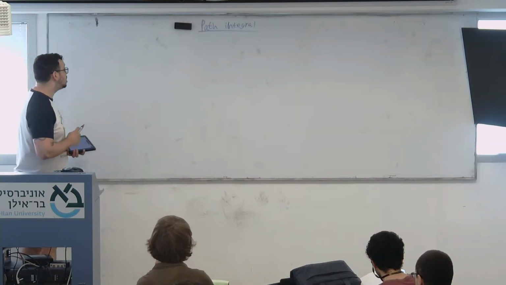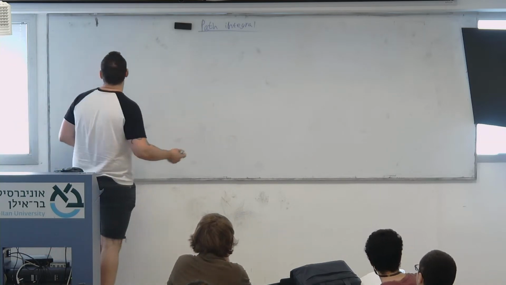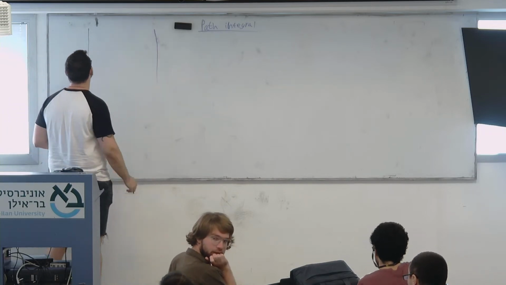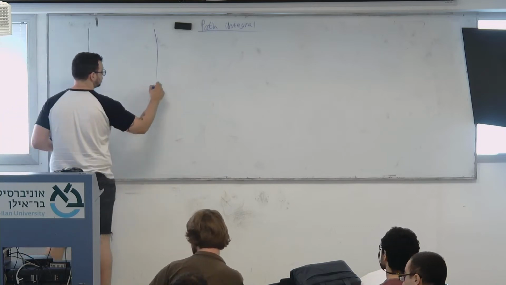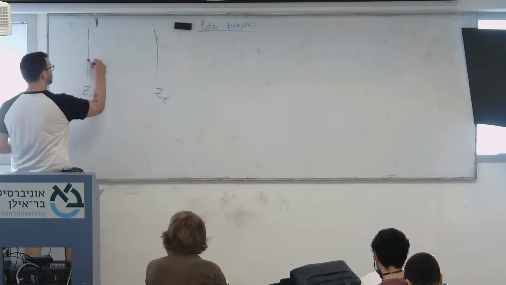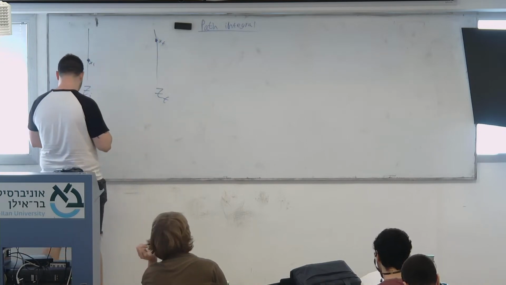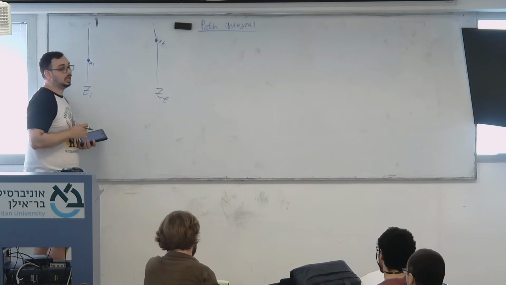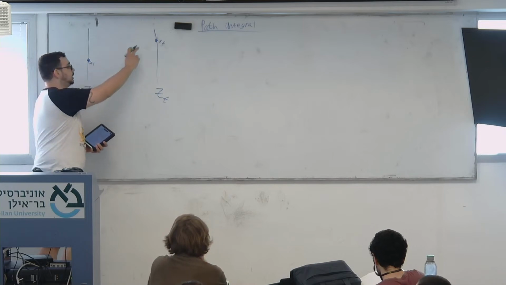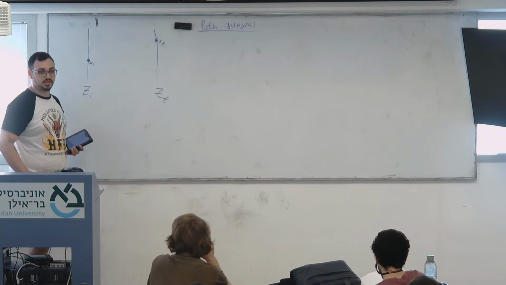Okay, so path integral. What's our motivation? Very simply, let's say for example I have two locations, z_i and z_f, and I have a particle starting in x_i going to x_f. I want to find the probability of my particle going from one spot to the other. z is just a location in one of the axes.